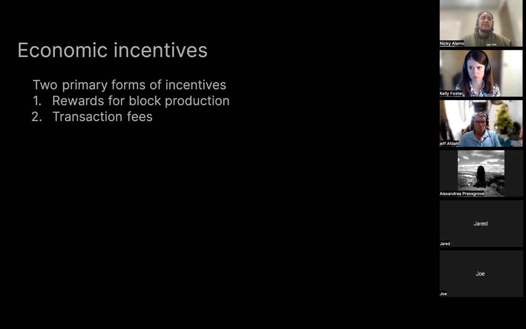This is very much a not-putting-the-cart-before-the-horse type of situation. Obviously, when a network's first spun up, there aren't going to be very many transactions. That's just the nature of creating a new network. But as time goes on and people are actually using this network to purchase things, to facilitate trades, whatever they're doing, the transaction fees are going to start accruing in massive amounts. And that's how we're going to incentivize validators.